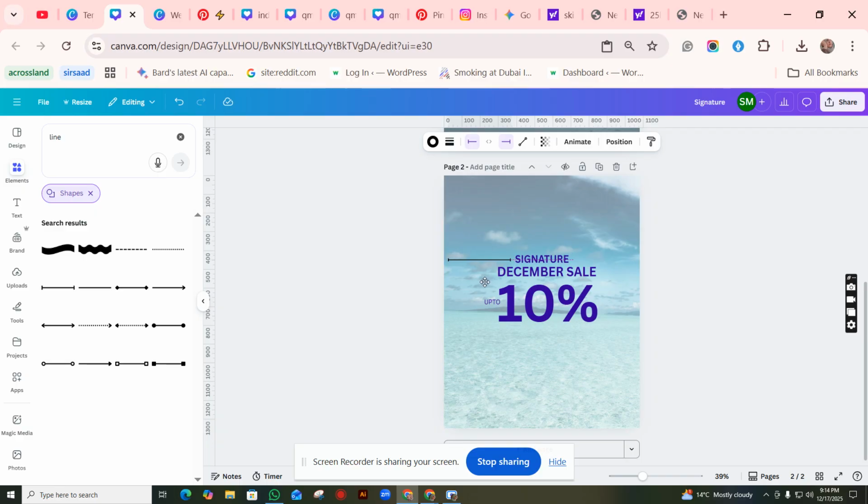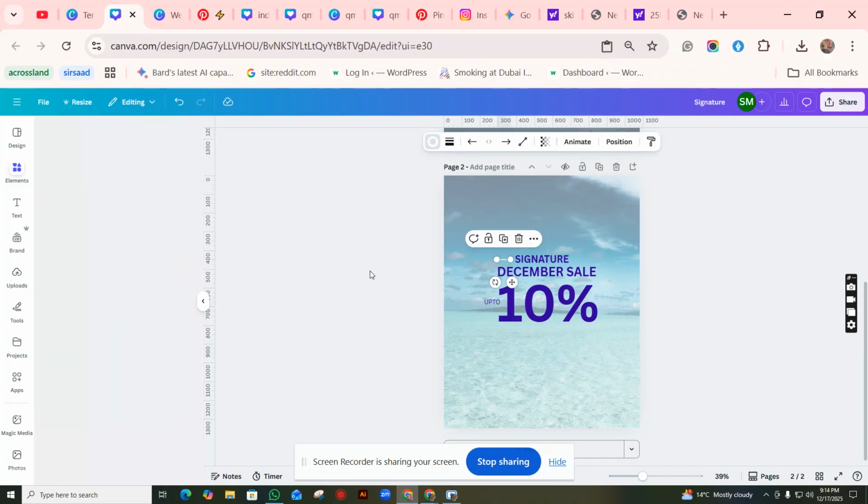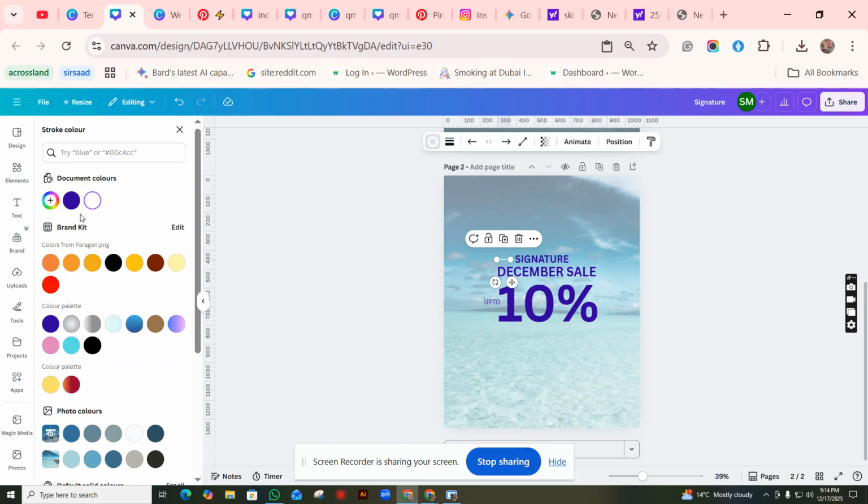and if you wanna make it shorter, you can simply go like this, and you can move it to the straight one. Unfortunately, I'm not good at making straight lines. I don't know what's wrong with me. Okay, this is 0%. So I can also choose the option that I want for line start. So I have chosen null. It would be like this. And I can choose its color like this. Okay,